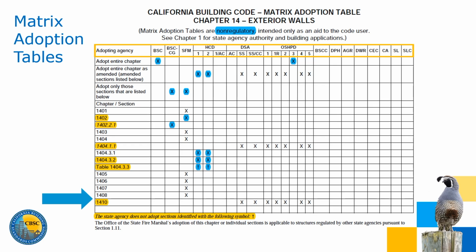The third row shows agencies that adopt the entire chapter, but have amendments in certain sections. Here, HCD 1 and HCD 2 and other agencies adopt the entire code chapter and then make amendments to the different sections listed in the table. HCD 1 and HCD 2 amend two sections and do not adopt a specific table. According to Chapter 1,